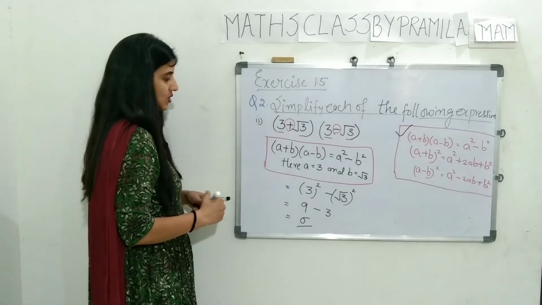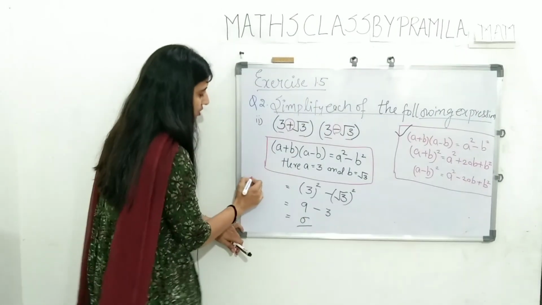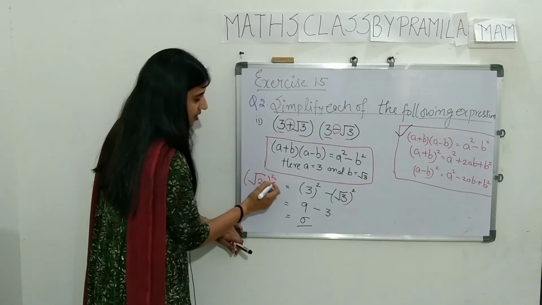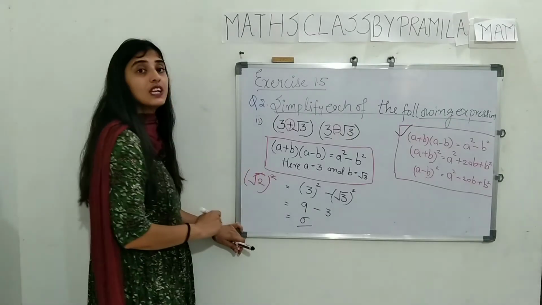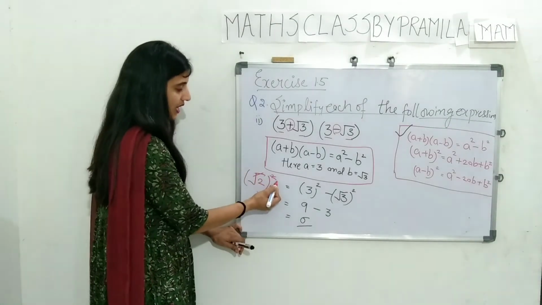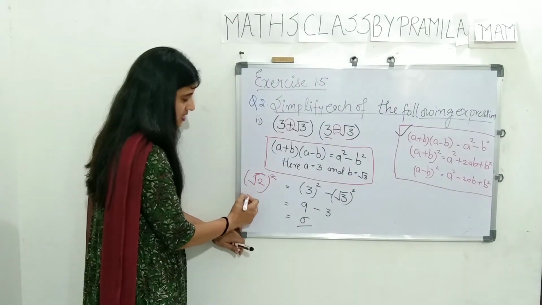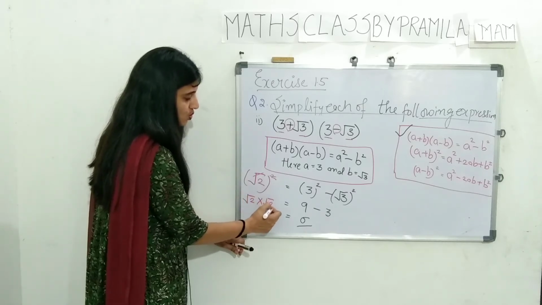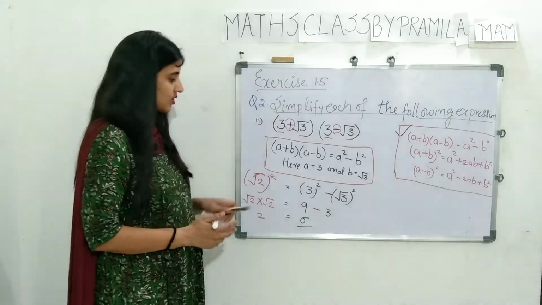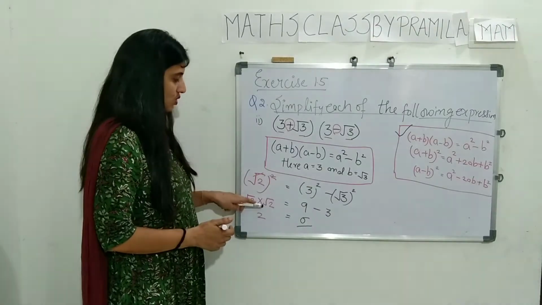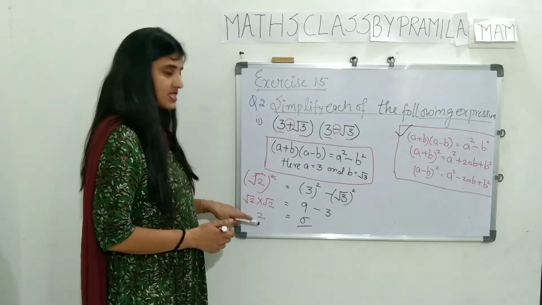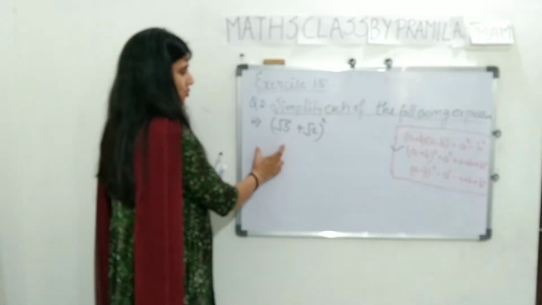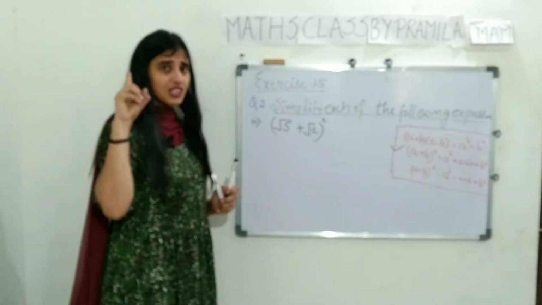I'll tell you what happened. Root 2 and this square, these both cancel each other, because this is square and this is root. It means root 2 into root 2. Root and this square root cancel each other. It means root 2 into root 2, and root 2 into root 2 is 2. Okay, friends, you can solve by writing 2 times, the way I have done in the first question.